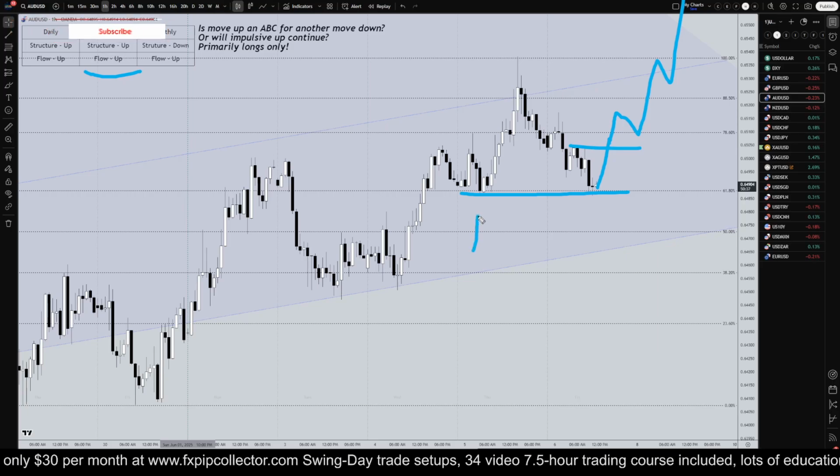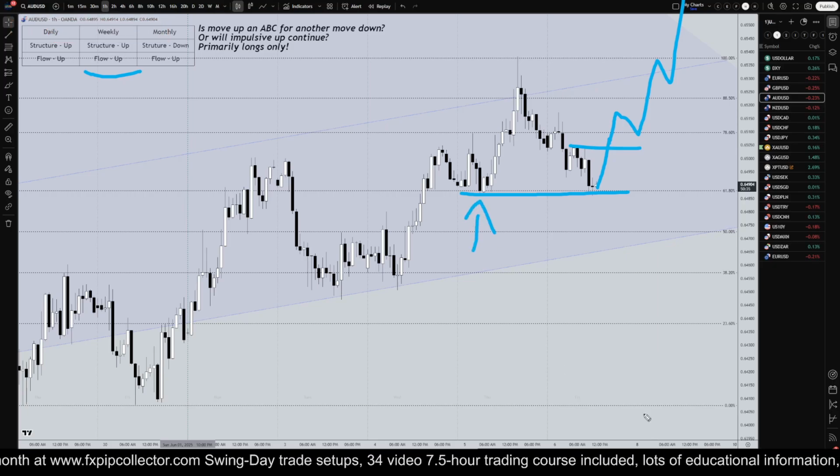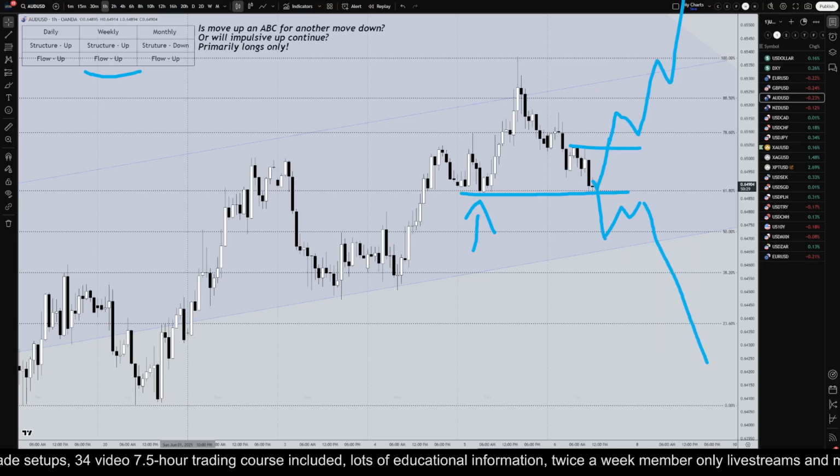So this is definitely the key level right here for us. We want to keep an eye on that to see if it does break and hold below that. If it does, that's where I will start looking for a sell at the end of the pullback that will come after the break. If it doesn't, and instead it makes an impulsive move up, we have to keep in mind that all the higher time frames are in an uptrend, and there's a pretty good chance that the uptrend will continue.